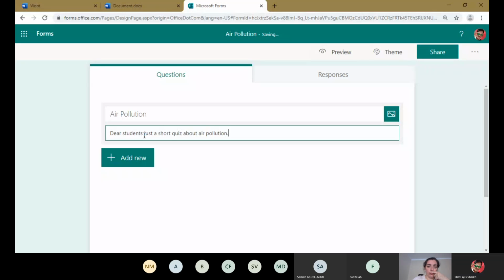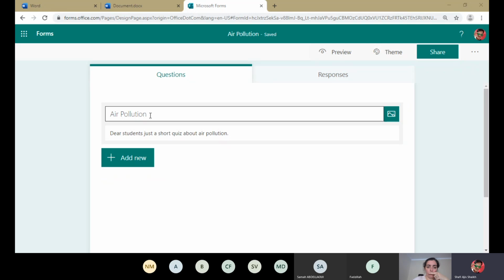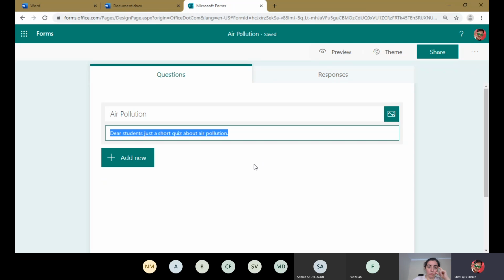For example, I have written a description here. This is the title, air pollution, and this one is the description of this form: short quiz about air pollution.